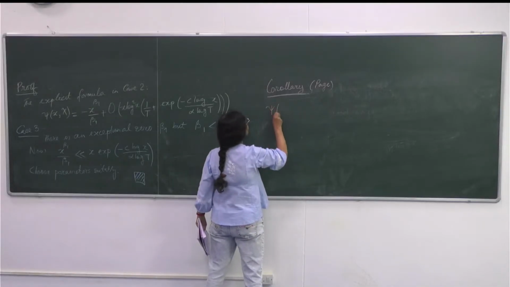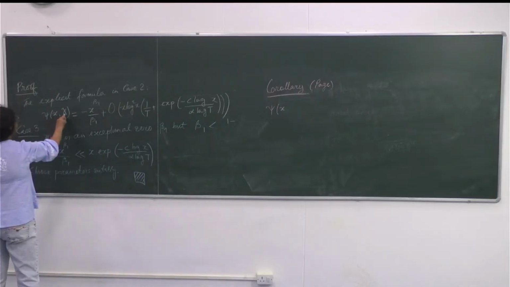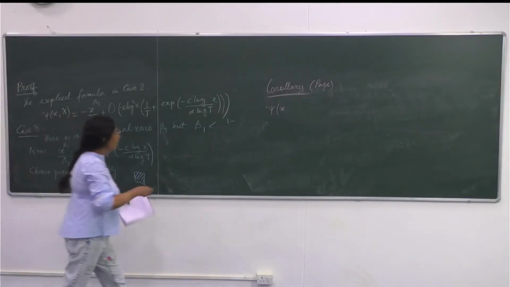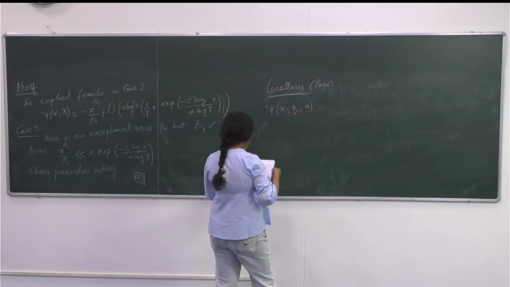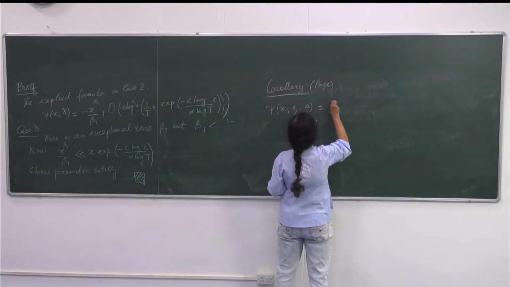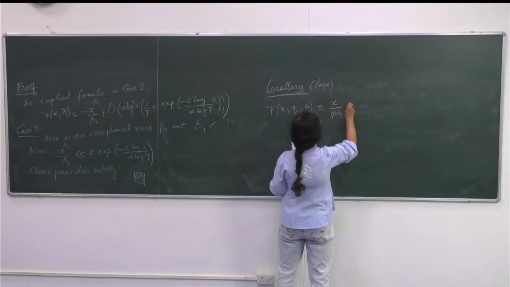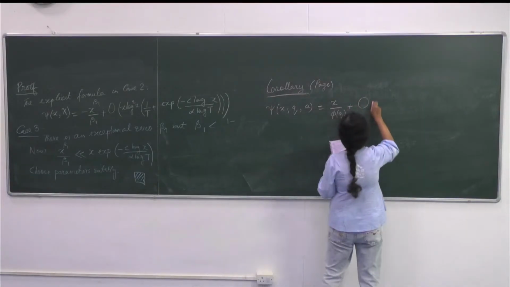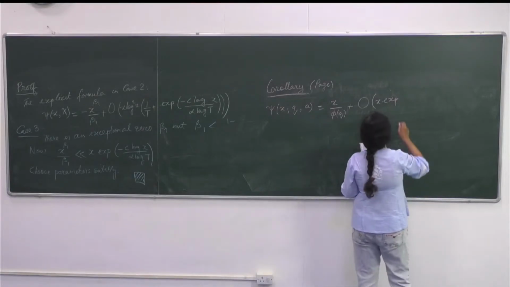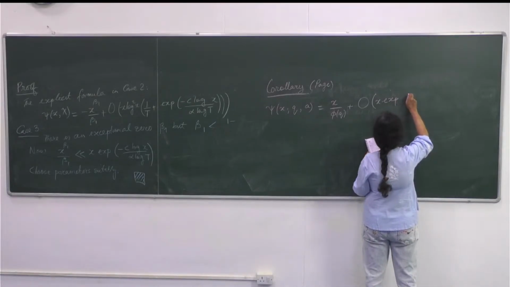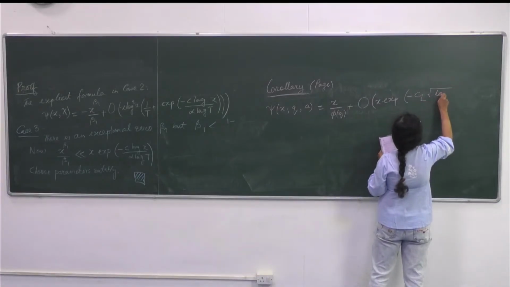So psi, now instead of this x chi, I have x with q and a given. This is equal to either x by phi of q plus big O of x exponential of minus c1 square root of log x